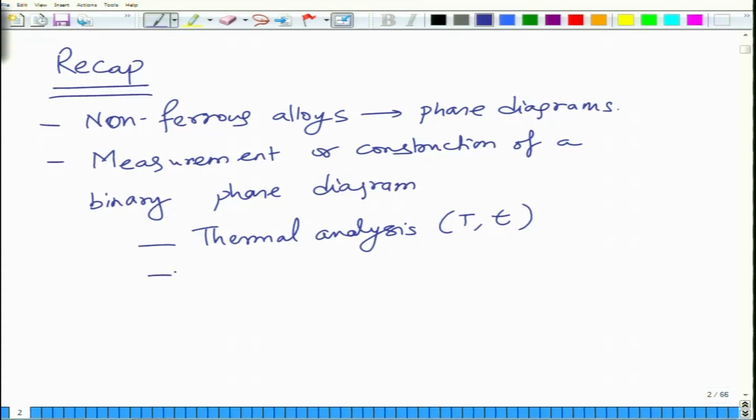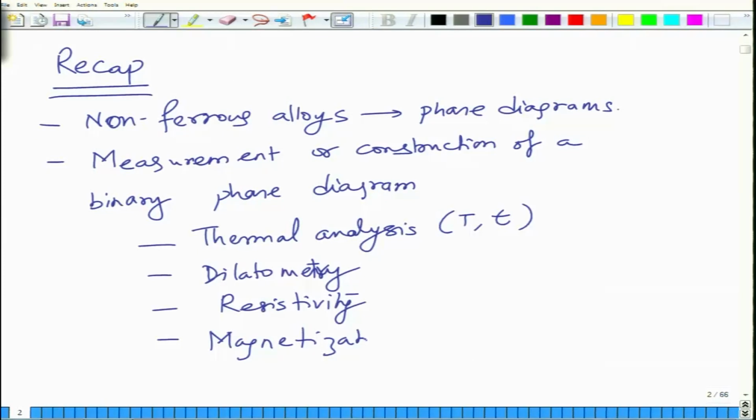Okay. And the second aspect of this was to carry out other measurements, such as you can do dilatometry by looking at the change in the volume. You can do resistivity measurements, because resistivity changes as a function of composition as well as temperature, and it is particularly useful in solid state. And then you can do magnetization measurements. So the last two are basically indirect measurements, and thermal analysis is a very good method, and this all has to be accompanied by change in